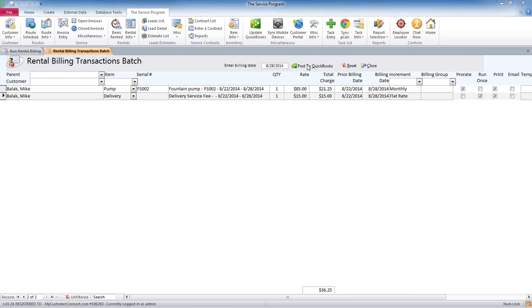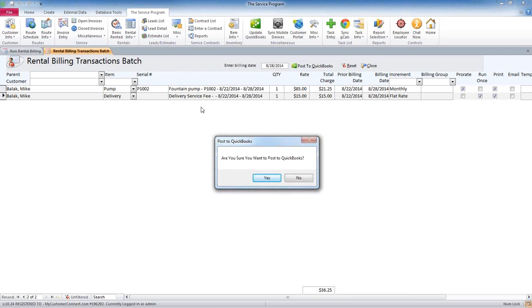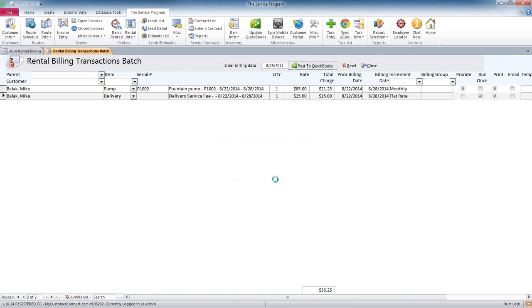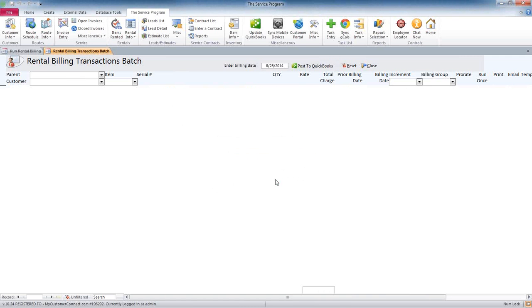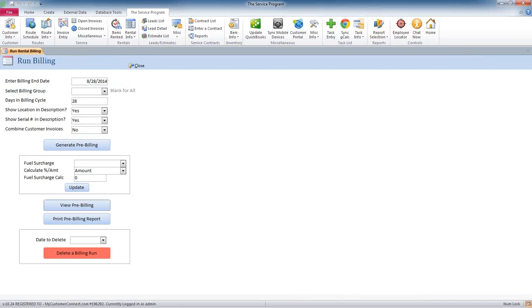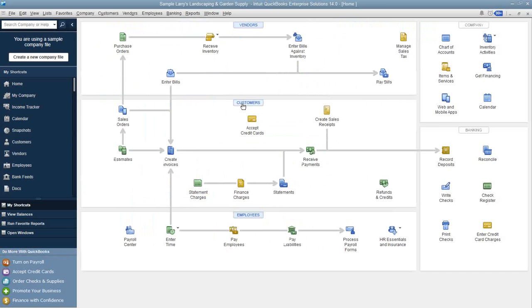So now if I go ahead and hit Post to QuickBooks, that's going to create these invoices in QuickBooks for me. Now once everything has been created in QuickBooks, my batch screen is going to clear itself out. This billing is finished. It's been sent to QuickBooks. We can now close it, and if we look in QuickBooks, let's